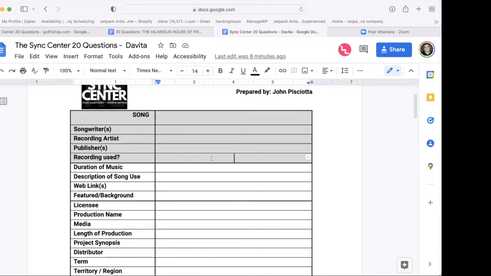Okay, so that's basically the information of the song. Everything in this gray box is, okay, what is the song? Who are the writers, publishers, and labels, right? Because that's who needs to say yes to this. When we want to license a song for an ad campaign or a film project, this is who we're going to negotiate with, basically.